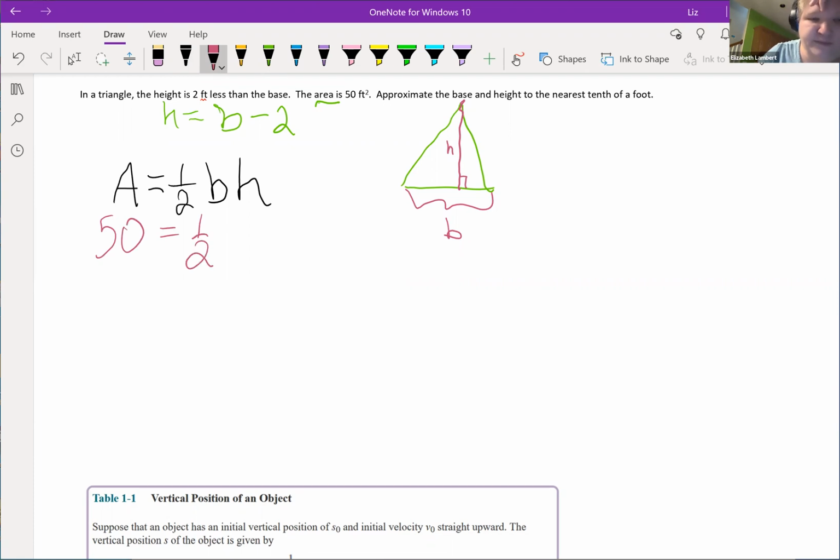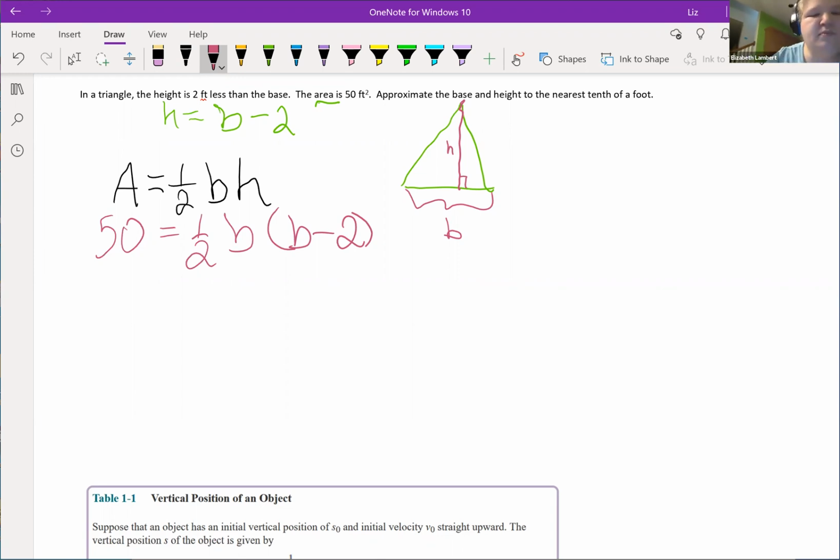1/2. And then I have B and H, but up here I said H is the same as B minus 2. So I have B times B minus 2. And that will be a quadratic that we can solve. And the answers will probably be a little uglier since they gave us rounding directions. Not always the case, but most of the time, if they give you rounding directions, it's not going to be